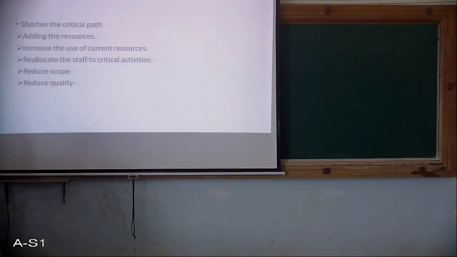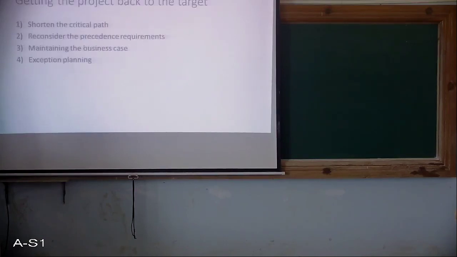Okay, then reconsider the precedence requirement. Okay, so here, if the critical activities prove insufficient, then you can go for this. Reconsider the precedence requirement. One way to overcome the precedence constraint is to subdivide the activity into components that can start immediately, and one is still constrained as before.